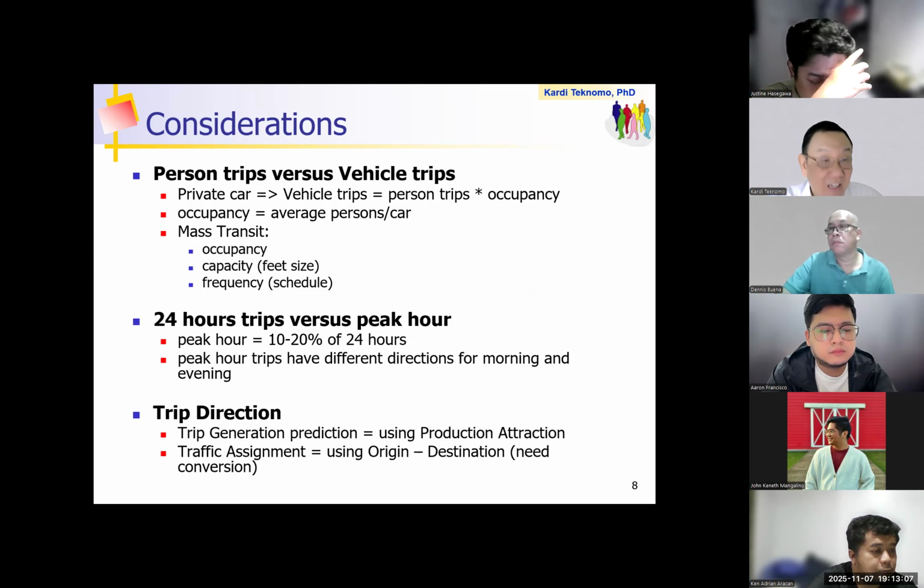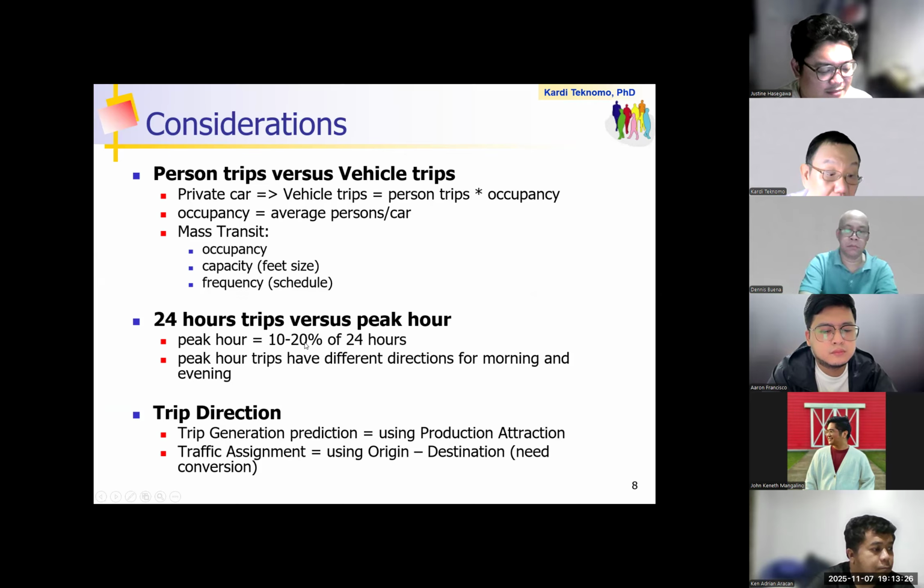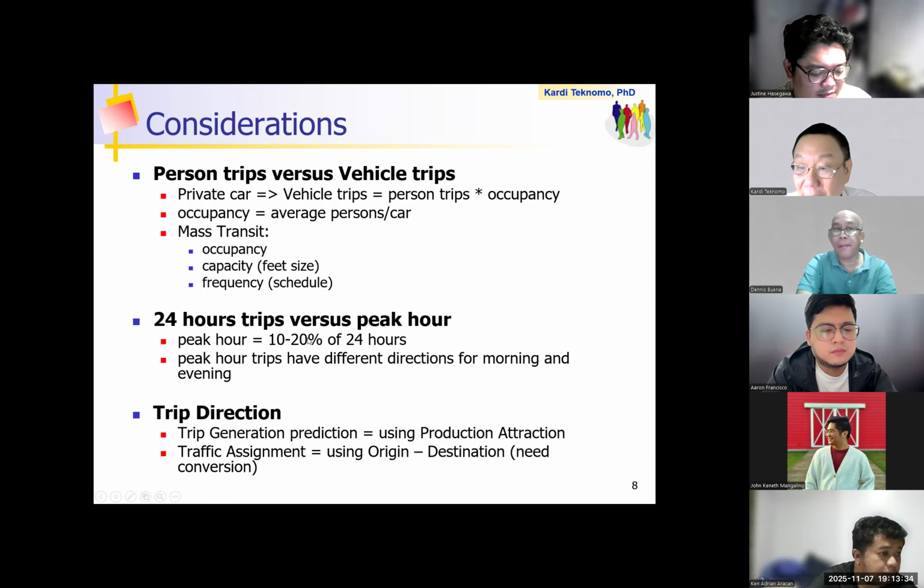So if you have average daily traffic, right, that's daily, that means per day, right? So now, if you want to put it into peak hour, then you need to decide, yeah, between 10 to 20% of that will be the peak hour traffic. Yeah, this is just a rule of thumb, so you check on your own data. More or less about this value. Okay, and the peak hour trip is also different between morning and evening, isn't it? So you need to consider this, and then